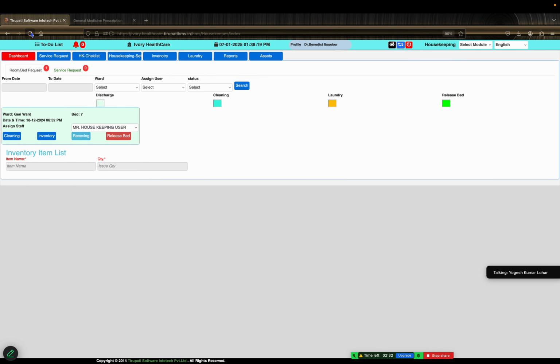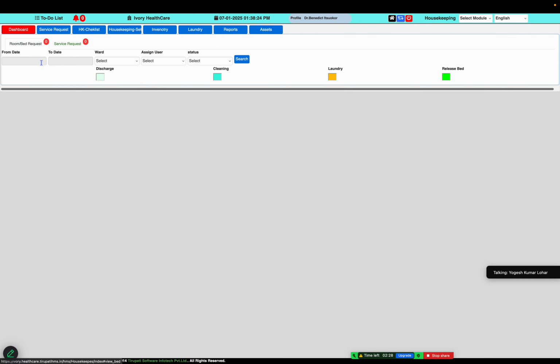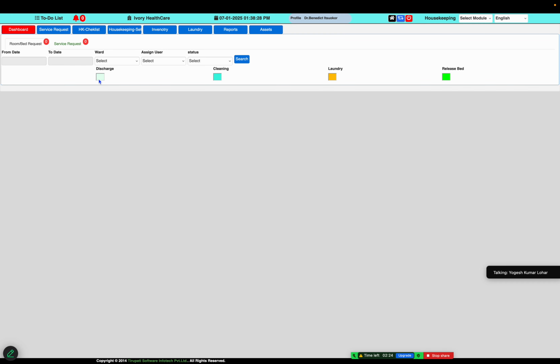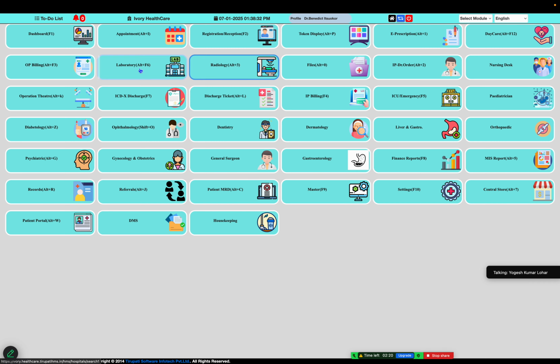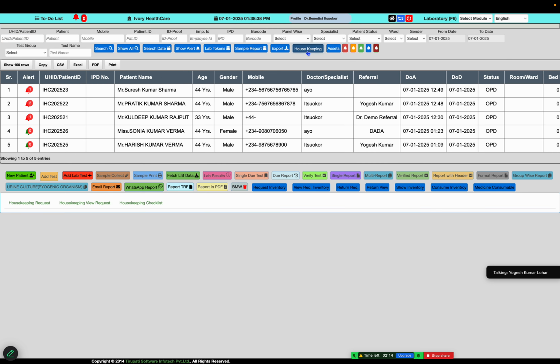The system will release the services, and the service will be closed and disappear from the department. Similarly, if the laboratory department wants to clean the laboratory, they will write the request from housekeeping under the laboratory.